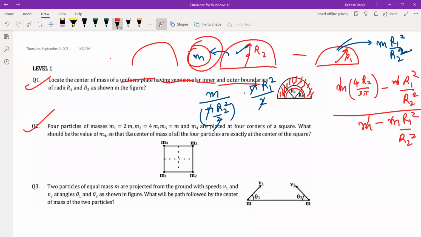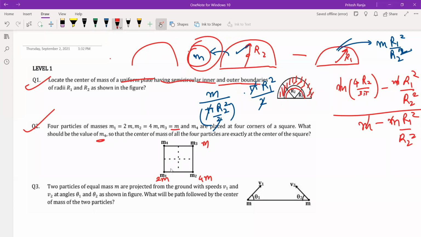So four particles of masses 2m, 4m, m and m4 are placed at the four coordinates indicated. M1 क्या है? This is 2m. This is 4m. This is just m, and you have another mass m4. What should be the value of m4 so that the center of mass, all of them are exactly at the